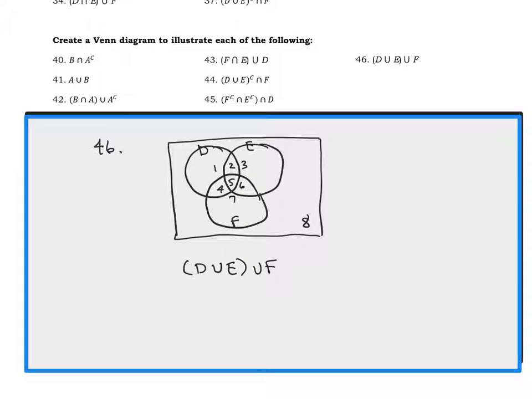So 46 is probably the easiest of all the examples that I have shown so far, because when I'm looking for the union, I'm including all of those sectors, right? 1, 2, 4, and 5. For E, I already have the 2 and the 5. I'm going to add the 3 and the 6. And then with F, I already have the 4, the 5, and the 6. I'm going to add the 7. So clearly, I'm going to shade everything but